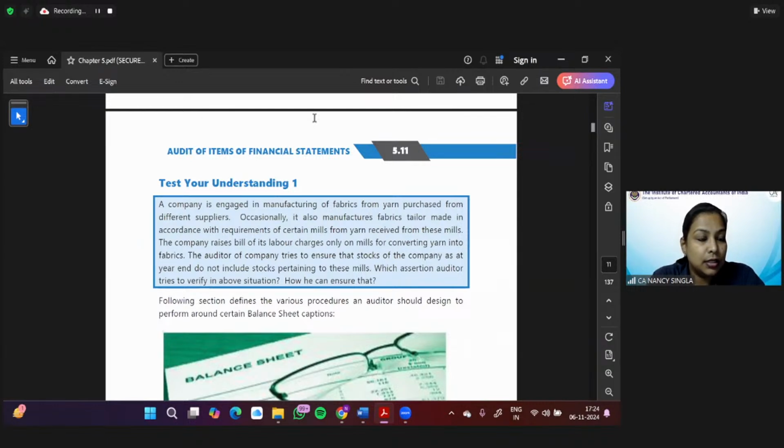ठीक है. So Swati is saying yes, Kavita is saying clear, Komalpreet saying yes, Amrit Chaudhary saying yes, Bhumika is